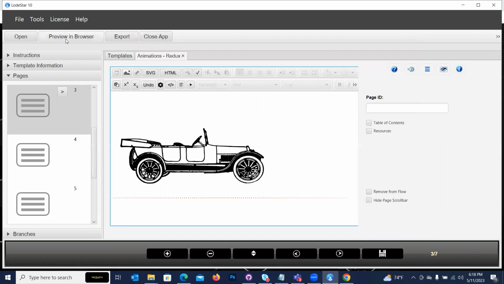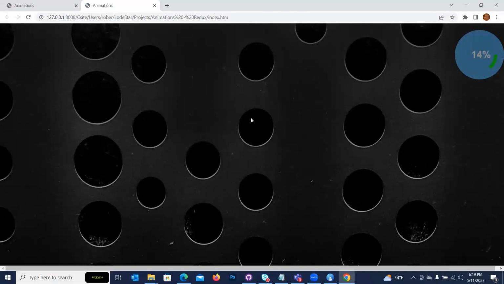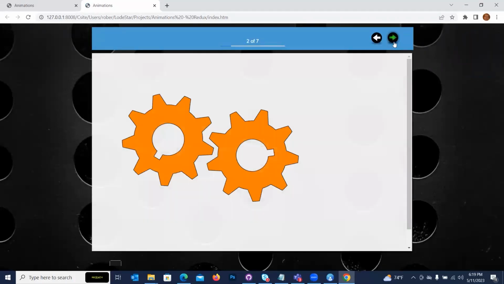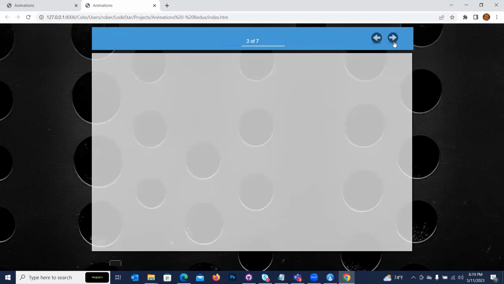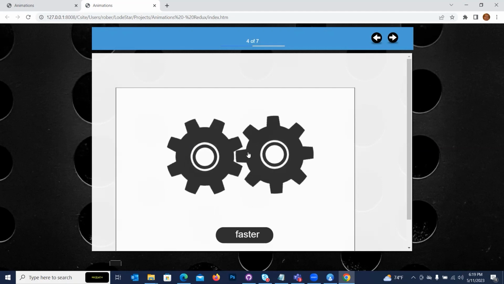We won't save that. And let's preview all of our animations right now and show you the variety that LodeStar can create with the animations editor. And so here we are with our instrument, as we've seen, and then our gears. Here's our car. Now here's the same animation with gears. When we click on